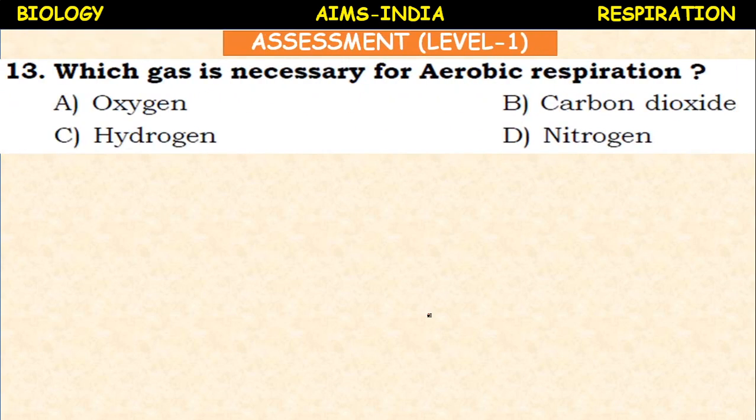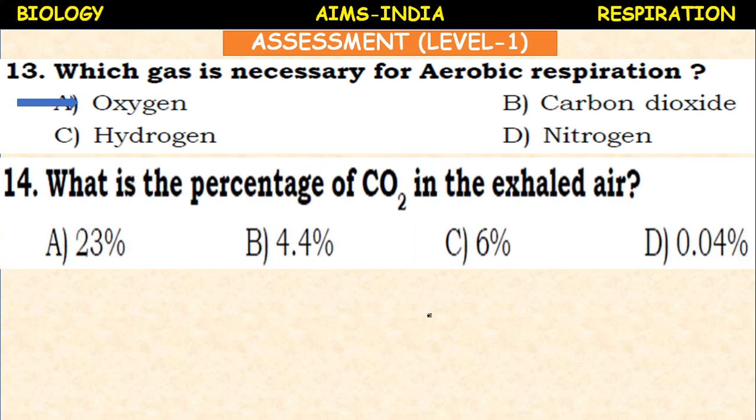Which gas is necessary for aerobic respiration? Oxygen, carbon dioxide, hydrogen, nitrogen. It is oxygen. That's why aerobic respiration is also called bio-oxidation, biological oxidation. What is the percentage of carbon dioxide in the exhaled air? Usually the percentage of carbon dioxide in the atmosphere is 0.03%. In the exhaled air it is 4.4%, because more CO2 is produced